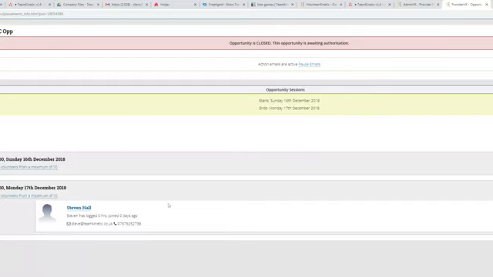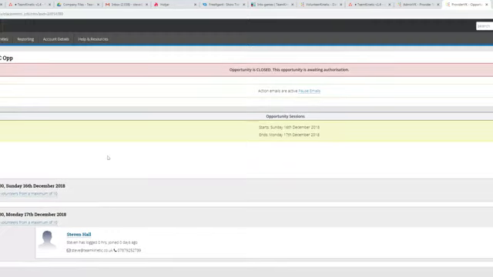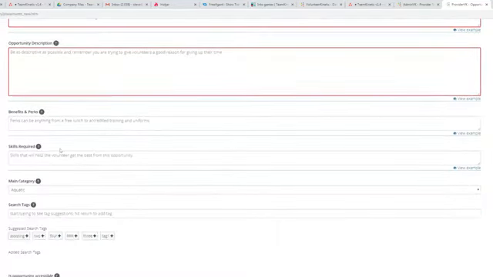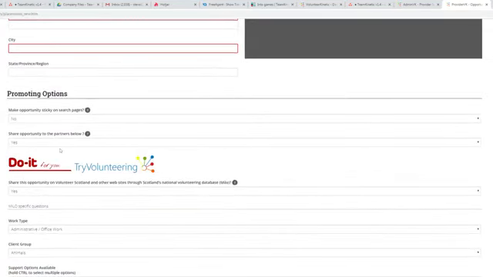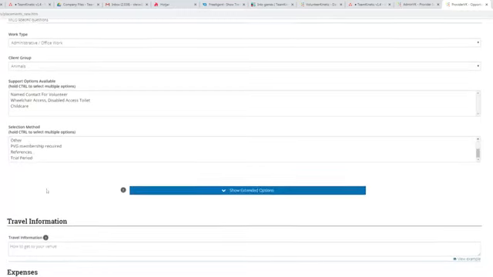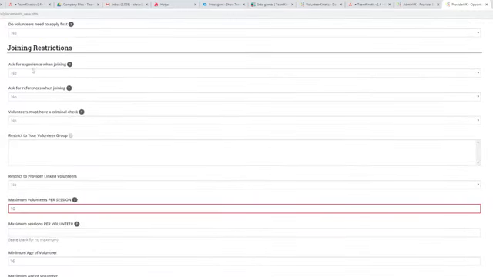When they go to create opportunities, they're going to have the ability to restrict things. Let's look at the joining restrictions. Volunteers must have a criminal record check. They can now see this option, whereas other providers will not be able to see it.